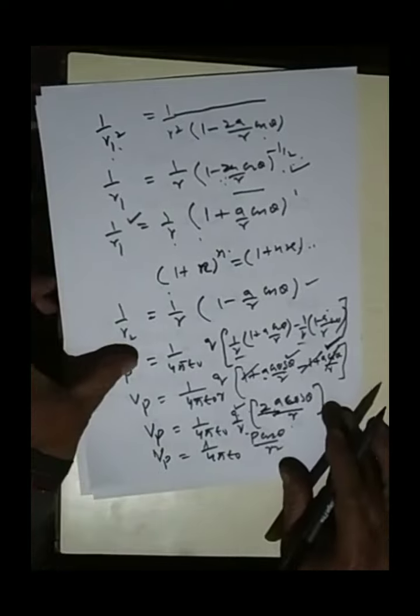What is 2A? That is the length of the dipole, and with the charge, that is equal to the dipole moment. So 1 by 4 pi epsilon 0, R into R will be R square, and this 2A into Q will be P, so P cos theta by R square. Now this can be further simplified